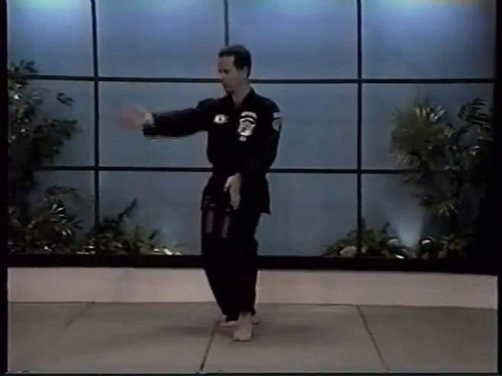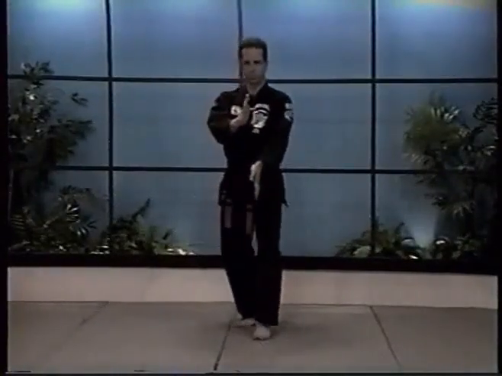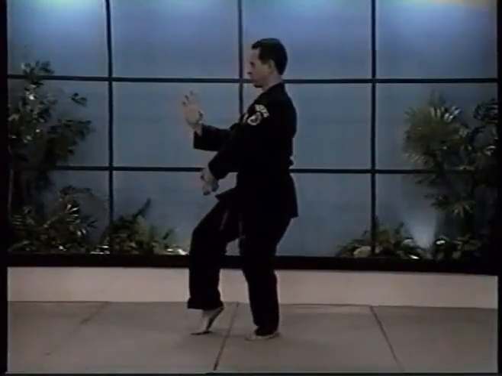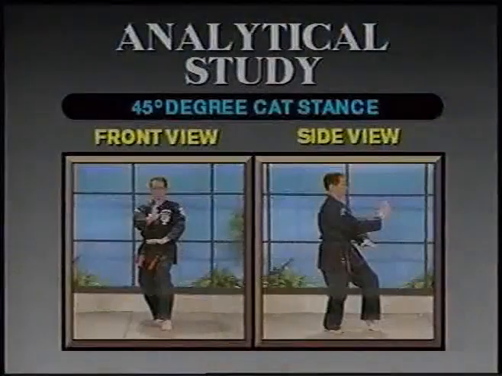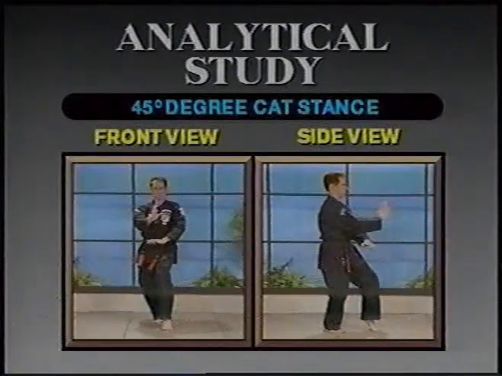45-degree cat. While executing the 45-degree cat stance, the rear foot is flat and points off to the side at a 45-degree angle with the knee bent, facing the same direction. Since the thighs in this stance are relatively close together, the 45-degree cat, when in transition, protects the groin. The ball of the front foot, while resting on the ground, is in line with the rear heel and placed far enough forward so the side view shows the angle of the forward leg to be a little less than vertical.